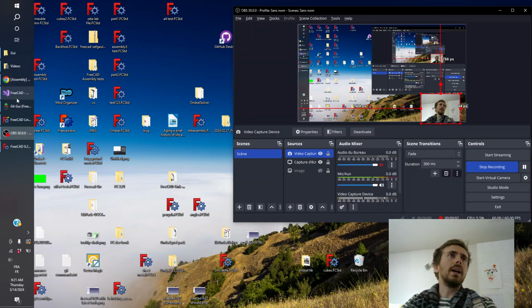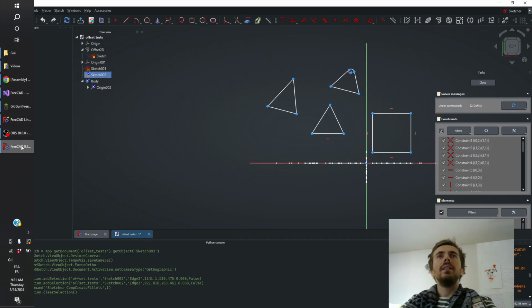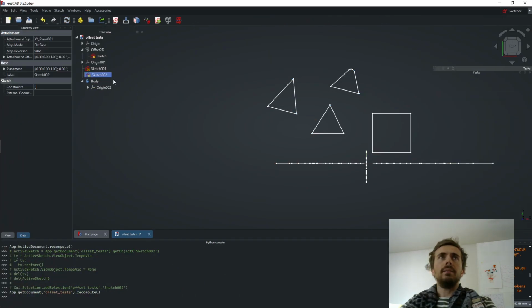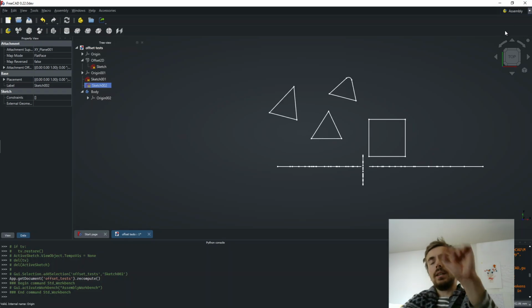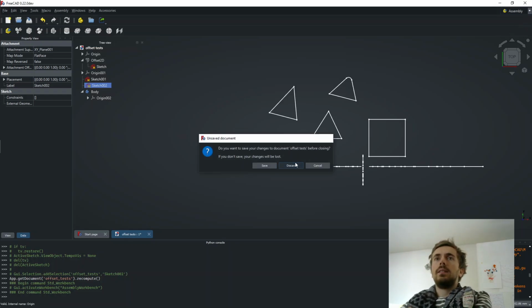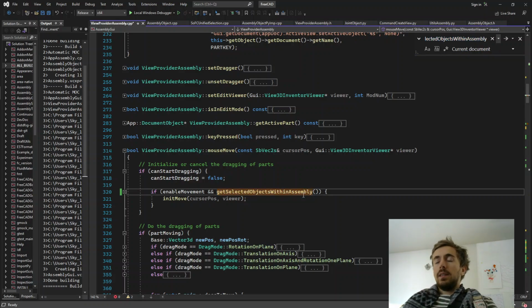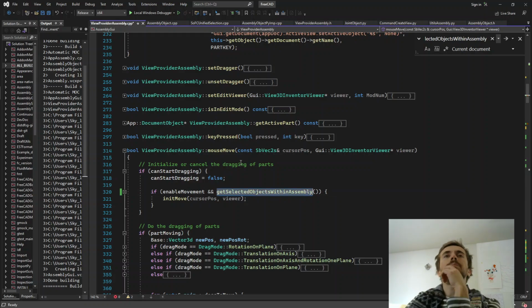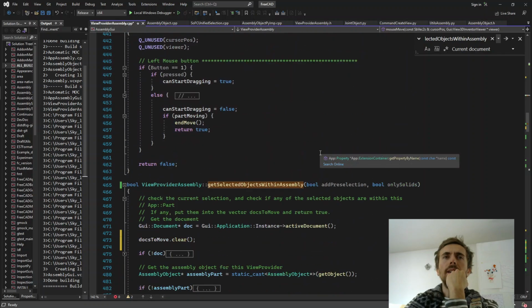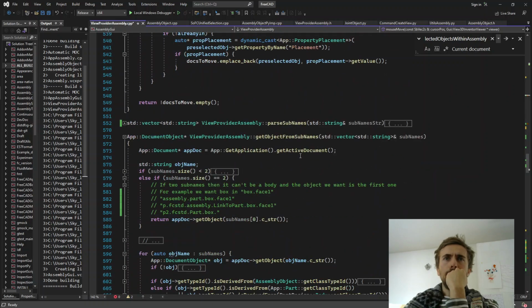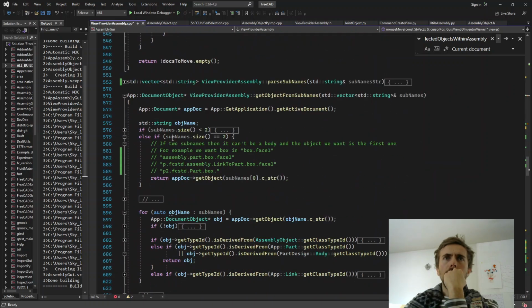Hello, welcome back. So today, this morning, I'm finishing the assembly workbench, right? We were doing the feature where clicking on an object makes a dragger appear. Okay, and so what were we doing exactly? Get object from